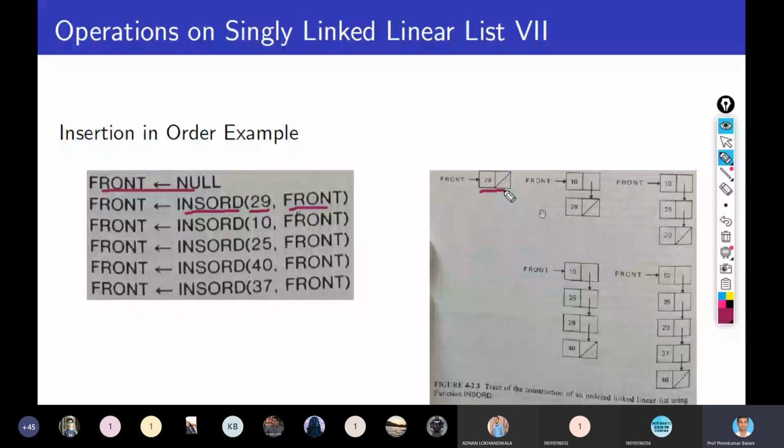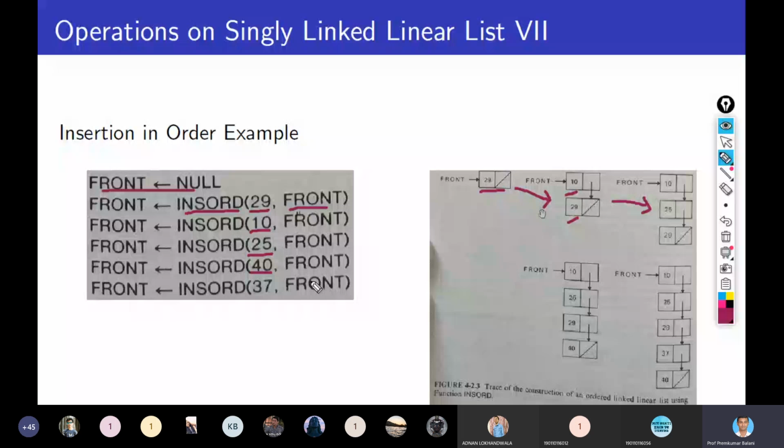Then I insert 10. So 10 will be inserted into the ordered list after 29. So this is the second step. Then the third node which is added is 25. So here you can see 25 needs to be added in between these two nodes. So it is added. Now I want to add 40 in this list.